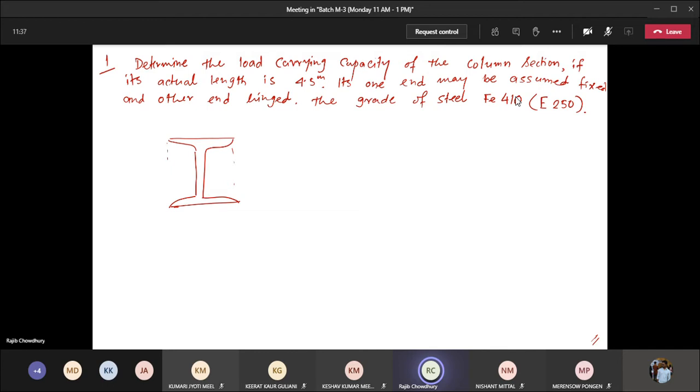ISMB 400, this is ISMB 400, and on the top there a particular plate is being provided. Either it could be provided like a welded connection, or it could be provided like a bolted connection. Okay, so